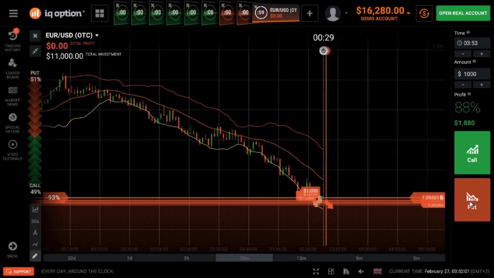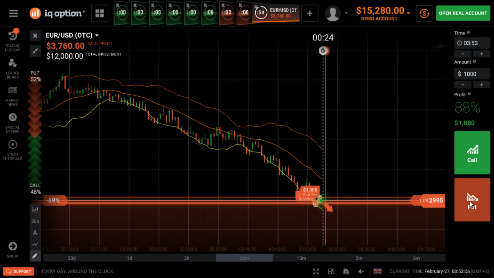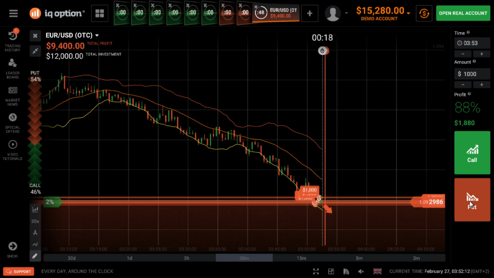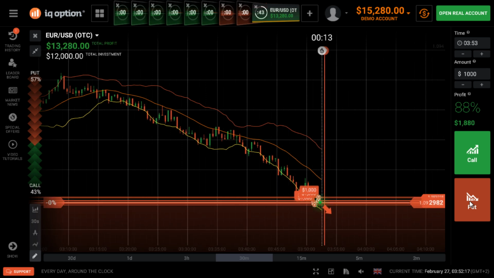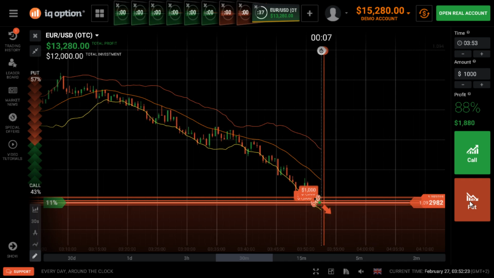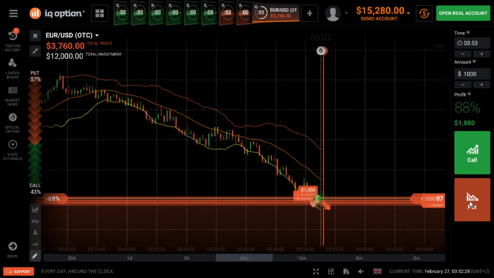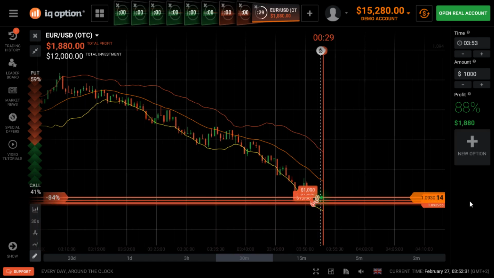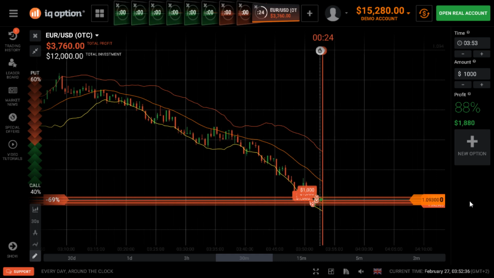Sometimes you have to be really patient, not trading on a wrong chart, because if the chart is wrong, no matter how you try, you cannot win, because some charts just flip at the very end of the 30 seconds home stretch, or some chart candle is going back and forth every 30 seconds and you have no idea where